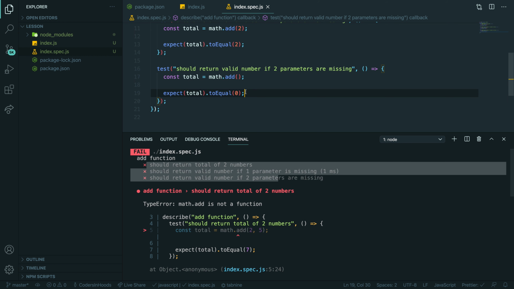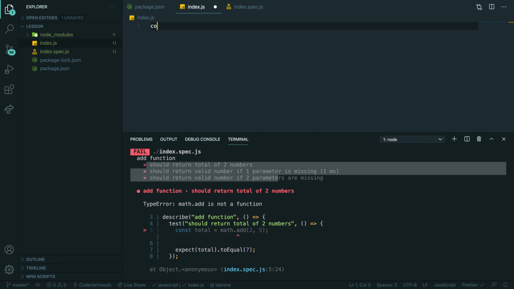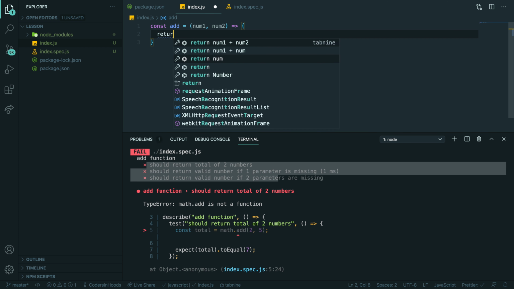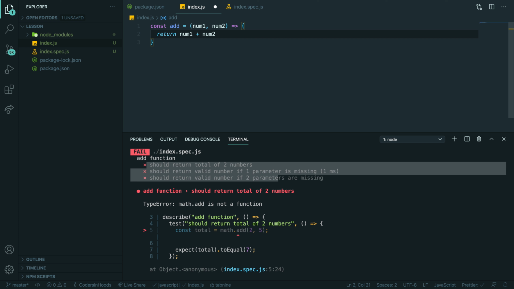Great. So now you start thinking, okay, now I want to create the actual functionality. So let's create add, right? So our function is add. And I want to have num1 and num2, right? So we start writing our function and we want to return num1 plus num2, right?